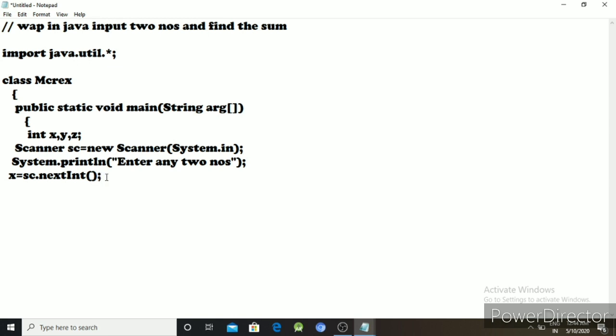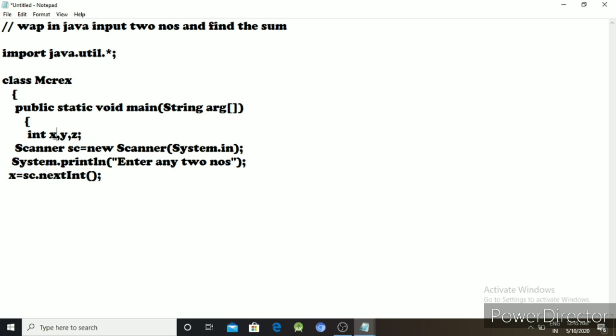In other languages like C or C++, suppose we write in C, here we have to use scanf("%d", &x). Then in C++, cin is used. Here it is sc.nextInt(), and according to the data type we have to read the data.